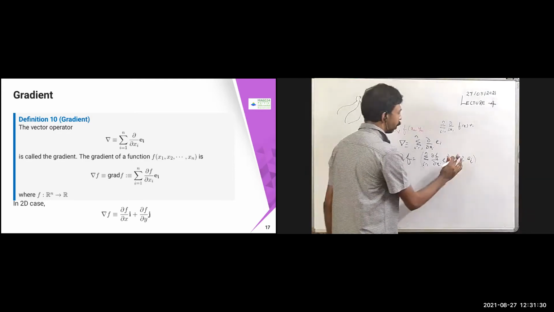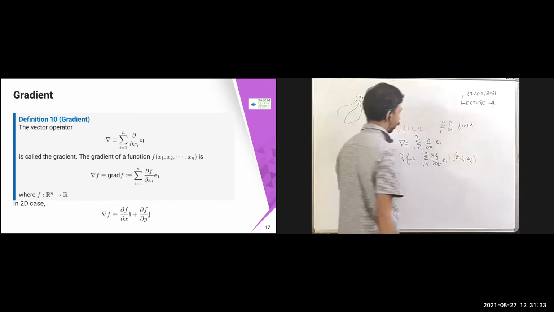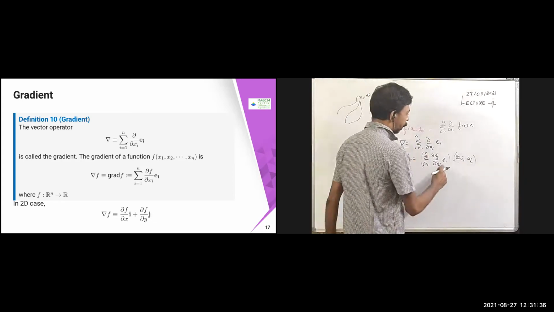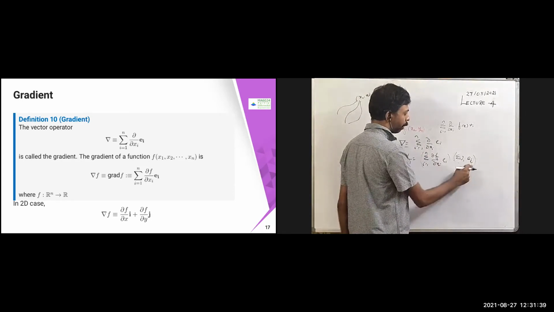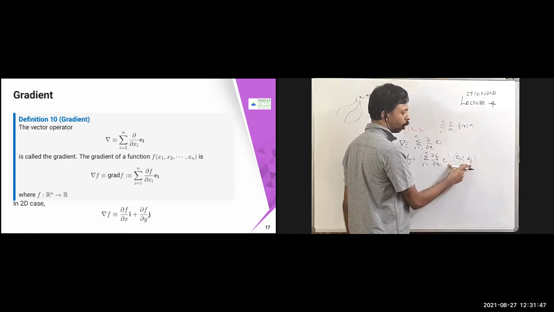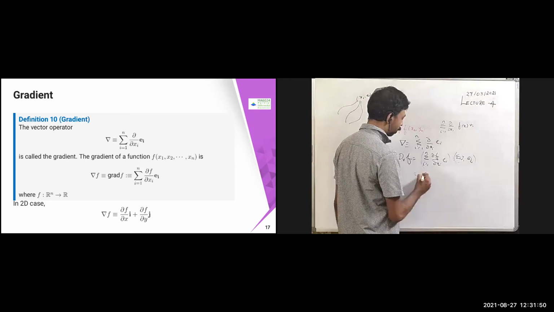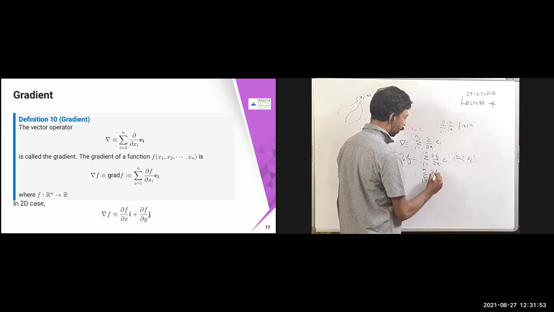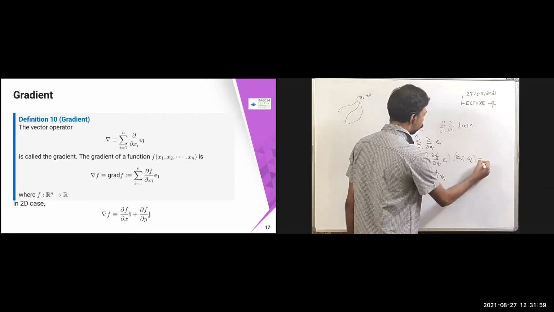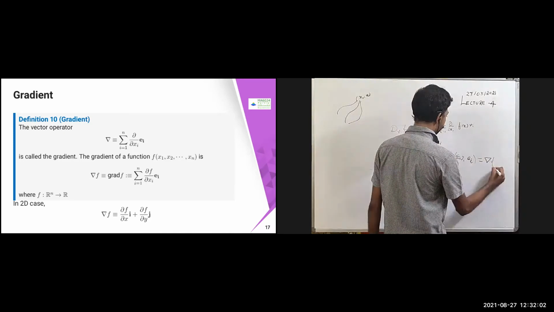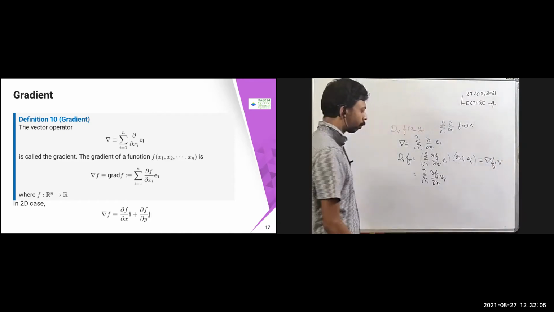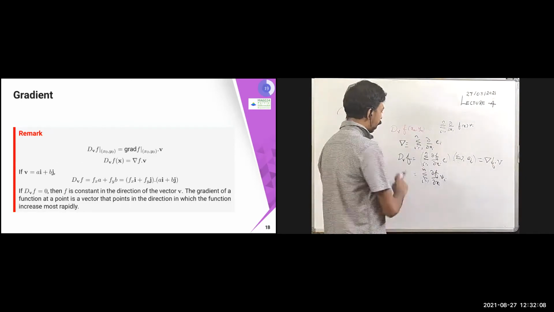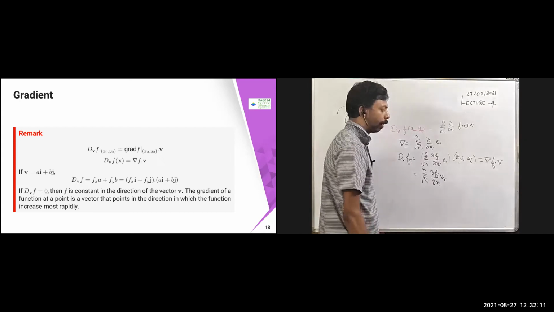Summation vi ei, I can write it. So in that case, what is it going to come? This is a dot product, so ei dot ei will be just 1 because it is a basis. e1, e2, e3 are basis. When the index is the same, it is going to be there; otherwise, it is going to vanish. Therefore, this becomes summation i equal to 1 to n, dou f by dou xi into vi. So that is the same thing. Therefore, this is nothing but del f dot v. That's what I'm writing here: dv of f of x can be written as del f dot v, in general.